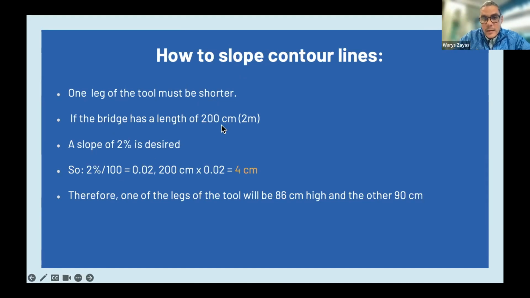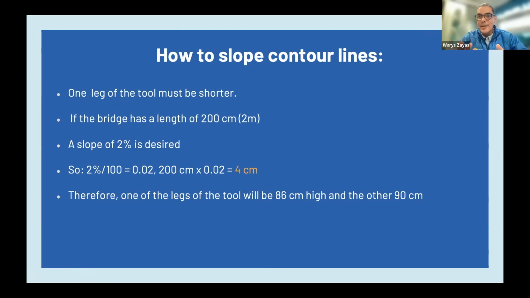So let's say that in my case, for example, when I build or make some slope through my contour lines or build ditches, I often use an average of 2% slope. Okay, so let's say that our bridge,